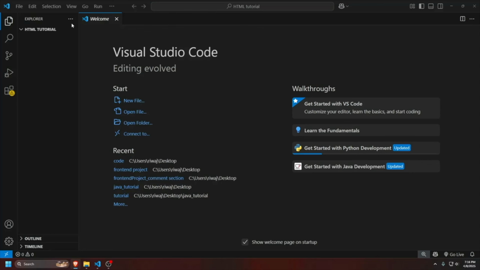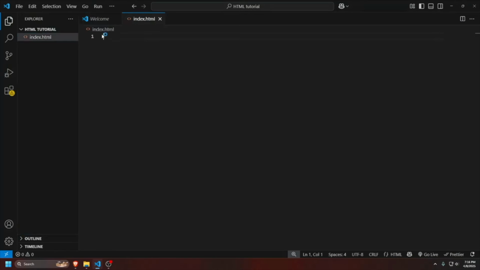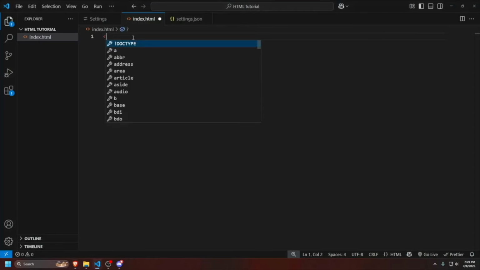So very first thing you want to do is make a file. To do that, come here and click on this new file button and name it index.html, which basically means home page of our HTML. So first thing I want you to do is type starting angle bracket and type